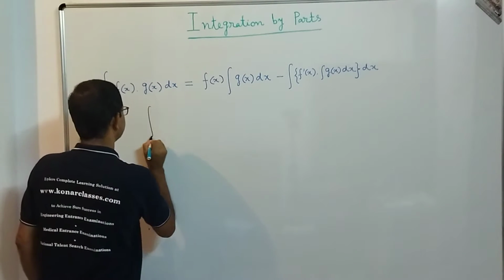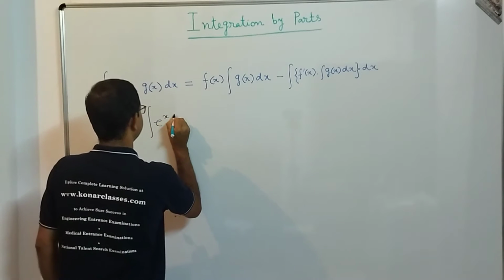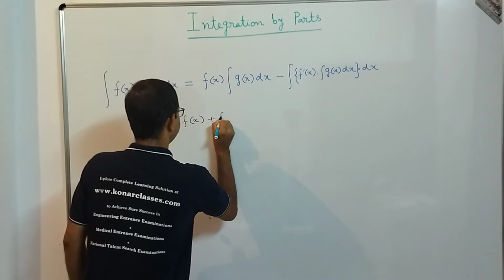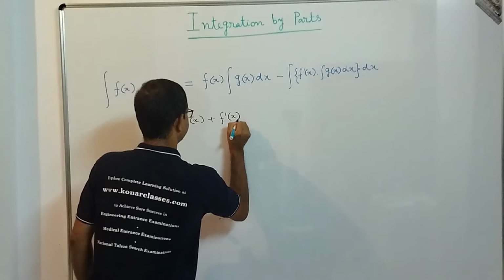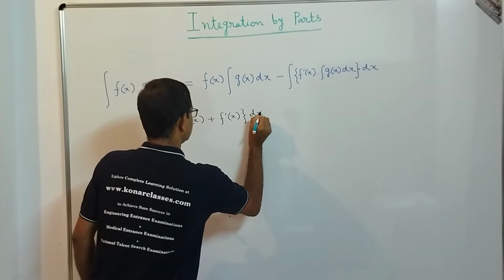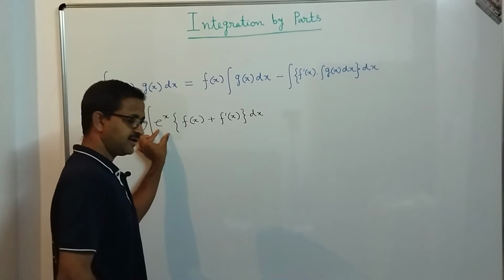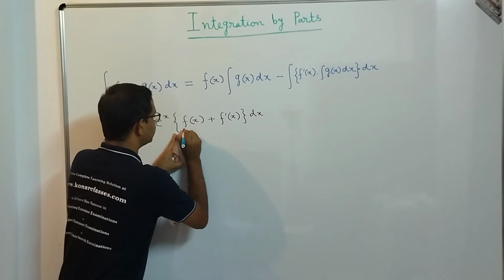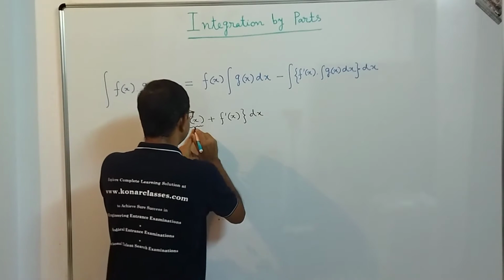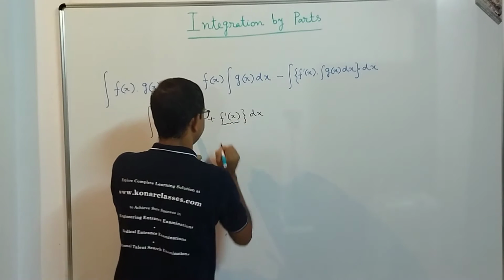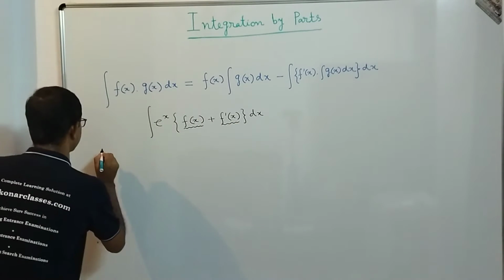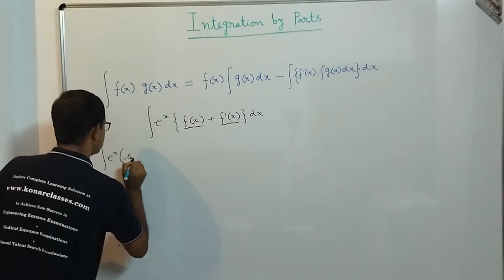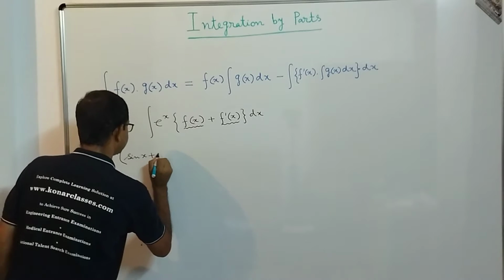suppose you have been given a function something like e power x and then f(x) plus f dash x is given. So e power x is multiplied by two functions. If we consider the first function as f(x), then its differentiation will be the second one. For example, integration of e power x into sin x plus cos x